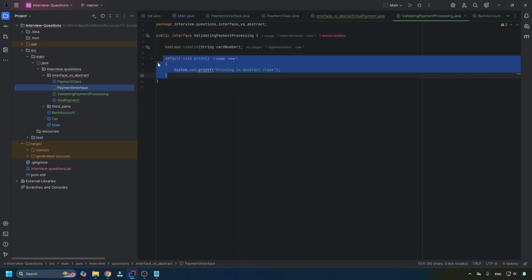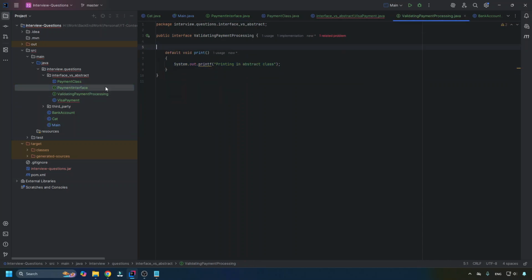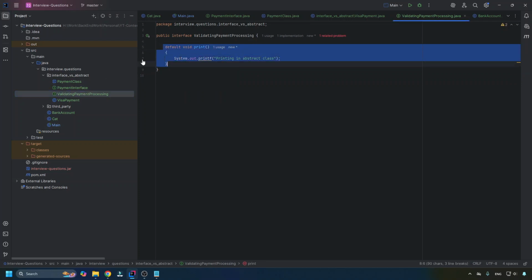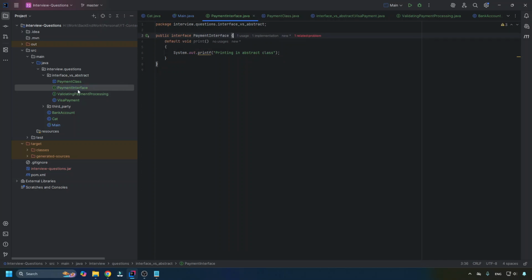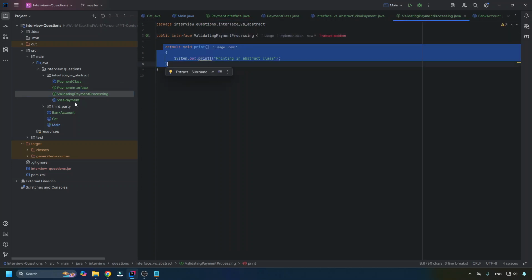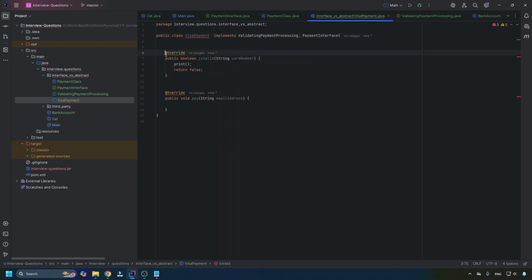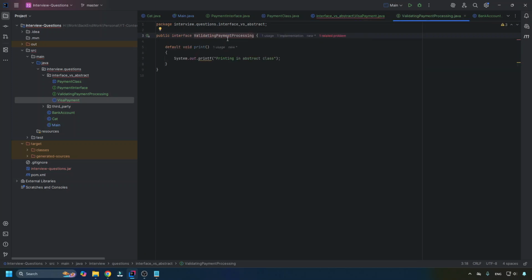Let's just do something here for the sake of simplicity. I'm going to have just a default print here. I'm also going to have a default print here as well. So now the only method in both interfaces is print. So what I'm going to do now is remove this one, remove this one, and now I'm implementing those two interfaces, which is basically the printing interface. This is really not a valid approach, but I'm just going to do it for the sake of doing